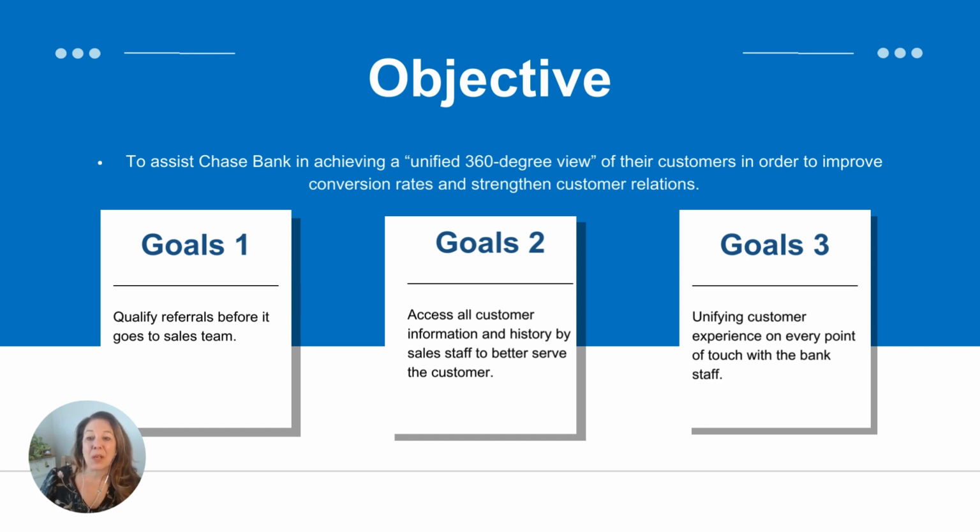One, customers will be qualified before being referred to the sales rep to improve the referral of appropriate customers through the sales process. Two, sales reps will have access to needed information to better know what products they need to present to their customers during the sales meeting. And three, the system will provide an overall seamless experience at all touch points from the teller interaction to the confirmation of the sales meeting, and then finally, the customer's experience during the sales meeting.